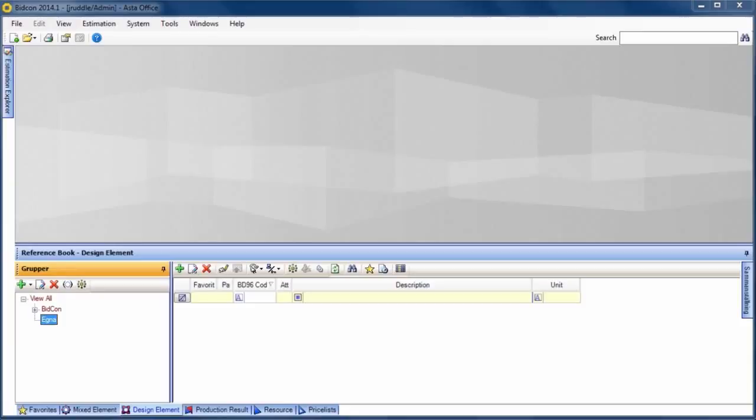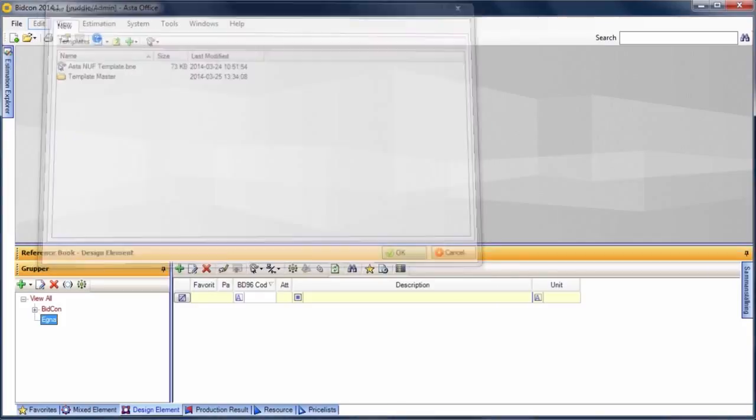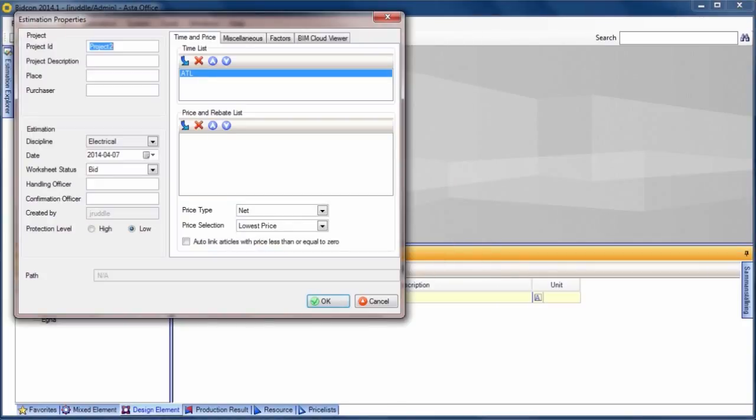We're now going to take that file from the Eleco BIM Cloud and use it within the estimating software. Now the software I'm going to show today is Bidcon, so it's another product from the Eleco group. So first of all I'm going to start a new project and I'm going to use a template. I select this project and it's then going to give me the ability to actually bring in the IFC data